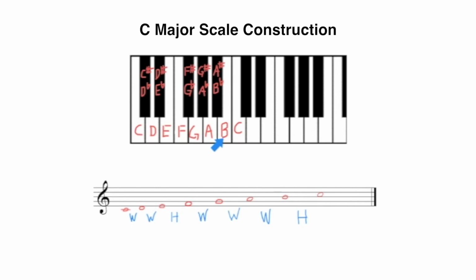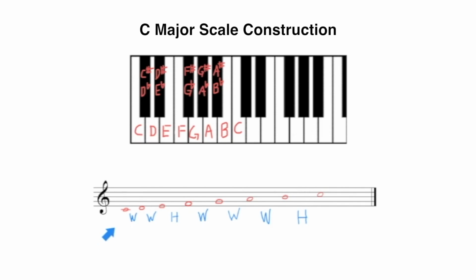Finally, we end with B to C, and we're looking for a half step. There is no black key in between these two white keys, so B up to C takes us to the closest key. Since we are able to write a diatonic scale starting on C and then confirm that we are following this pattern, therefore we have a C major scale.